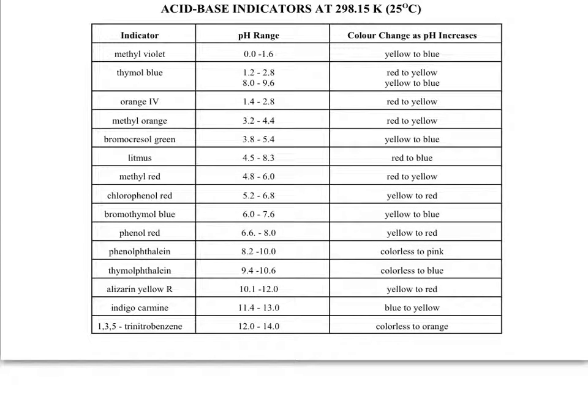Therefore, it's the pH range that indicates when this indicator will work, and you need to match it up to the equivalence point of the particular titration that you are performing. You'll also notice a column for color change as pH increases. If we take a look at, for instance, methyl red. Methyl red has a pH range of 4.8 to 6.0. So you will choose methyl red as an indicator when your titration has an equivalence point that falls between 4.8